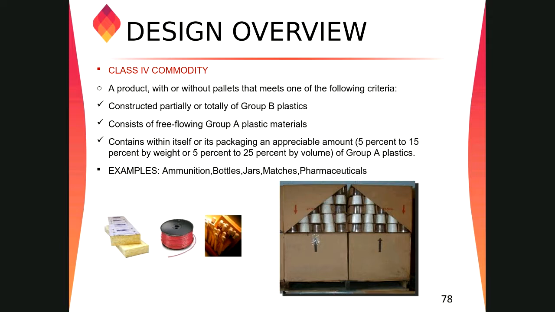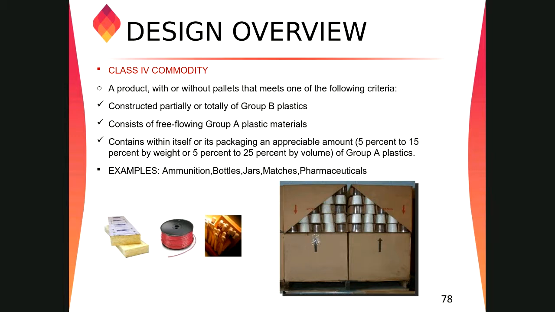Now what is the free flowing material? Let's say you stored some of the raw item, like unexpanded polystyrene, some like sugar kind of shape, some flowing material. If that material catches the fire, the packing will be destroyed, and all the material will drop down on the floor, on the aisles. We call it the free flowing material. Something catches the fire, and due to a small fire area, all the material drops down on the aisles level, on the ground level. We call it the free flowing material.